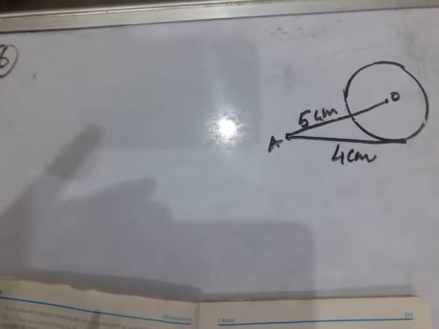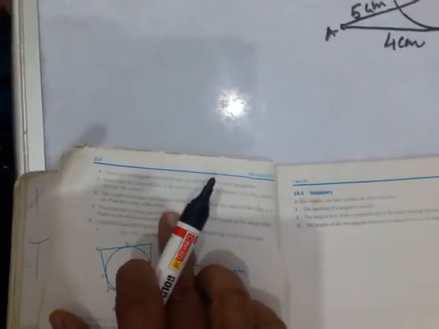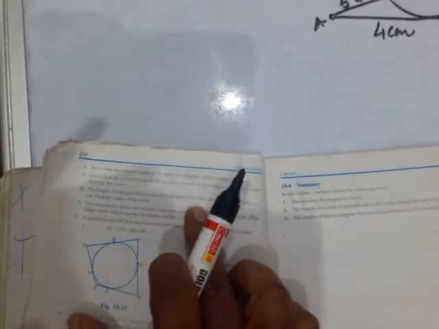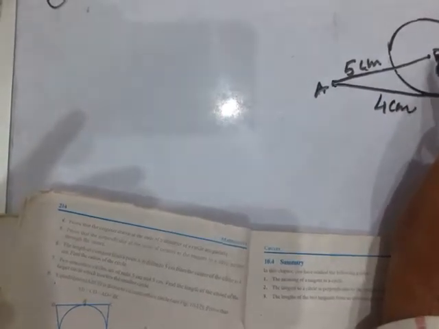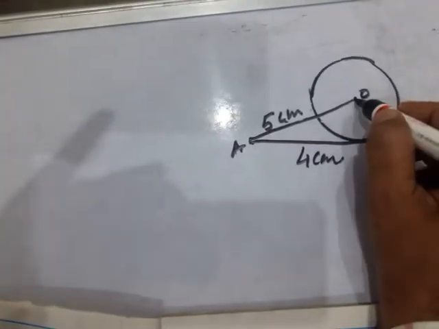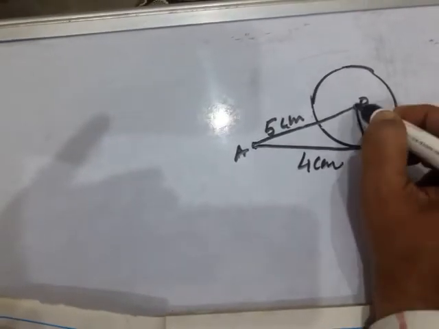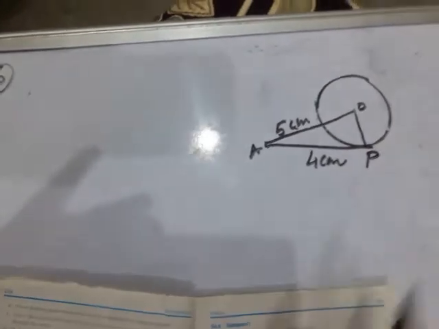Okay, children. Then find the radius of the circle. This is a complex sentence. Clearly we have to understand properly. The length of a tangent from a point A at distance 5 centimeter from the center. Point A is an external point. The length of the tangent is given to be 4 centimeter, but point A is 5 centimeter distant from the center of the circle O. Then find the radius of the circle. So let the point of contact be P. Okay, this is the figure, right?